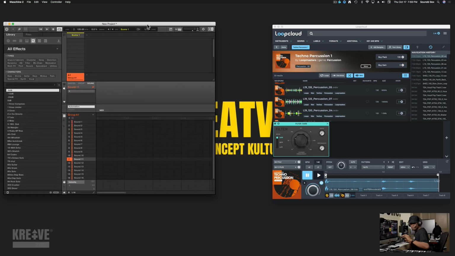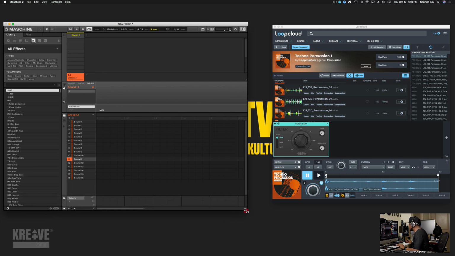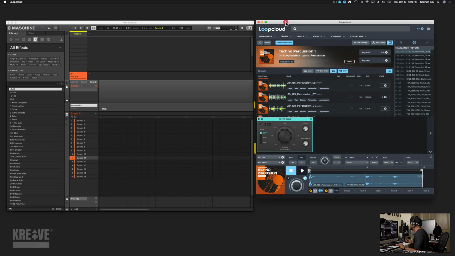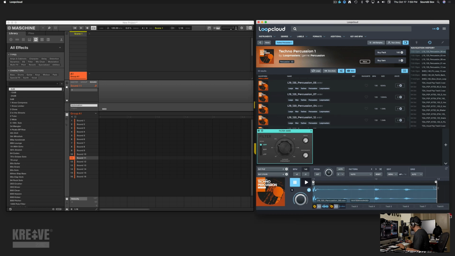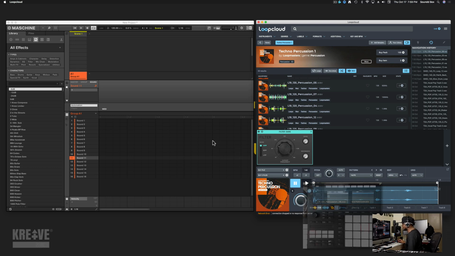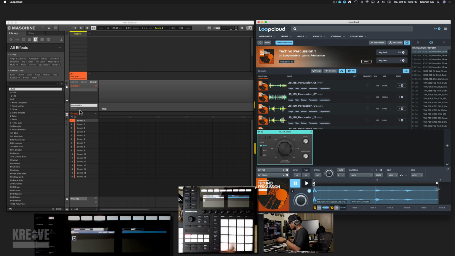So side by side we have the machine here, and from what I've shown you guys already, we know that Loopcloud has taken things to the next level as far as what they do as a sampler, giving you everything all in one. But it also works in conjunction with any DAW, right? As long as your DAW supports VST, I believe, you can use this and link it together. So if you're on the machine, you can go to plug-in instance, and then press it down here, and then you can say